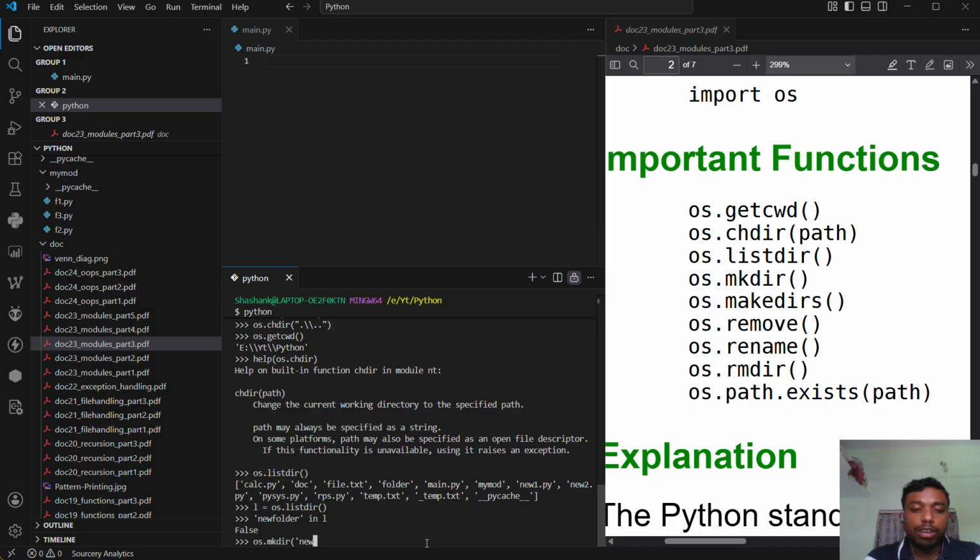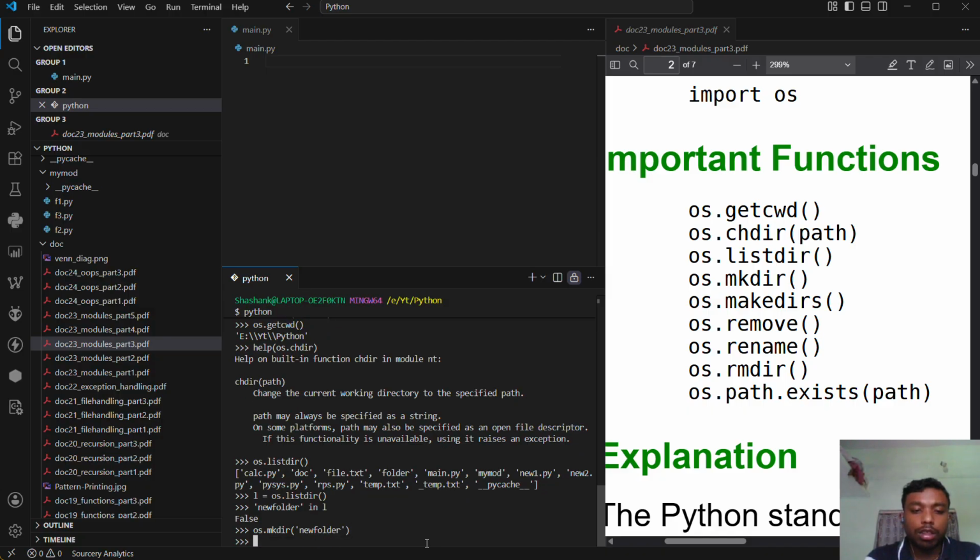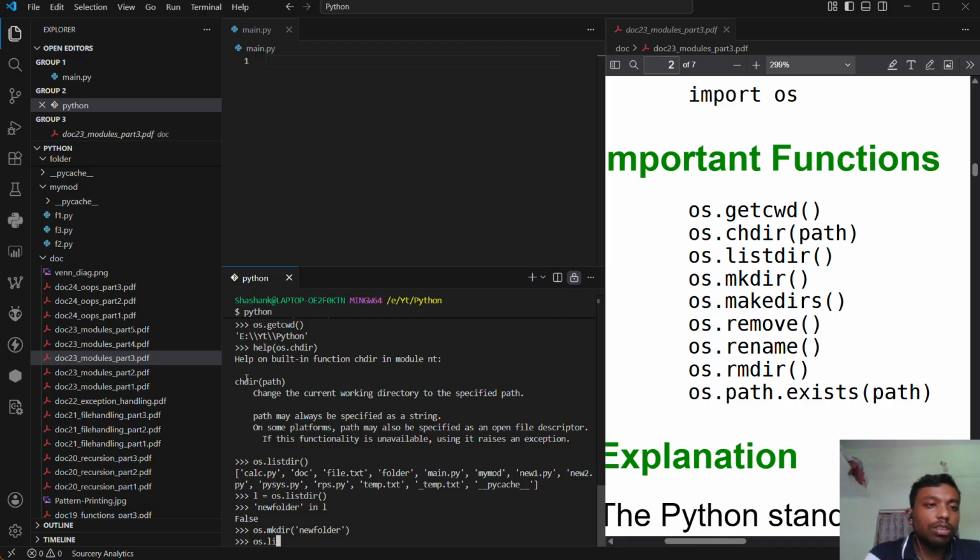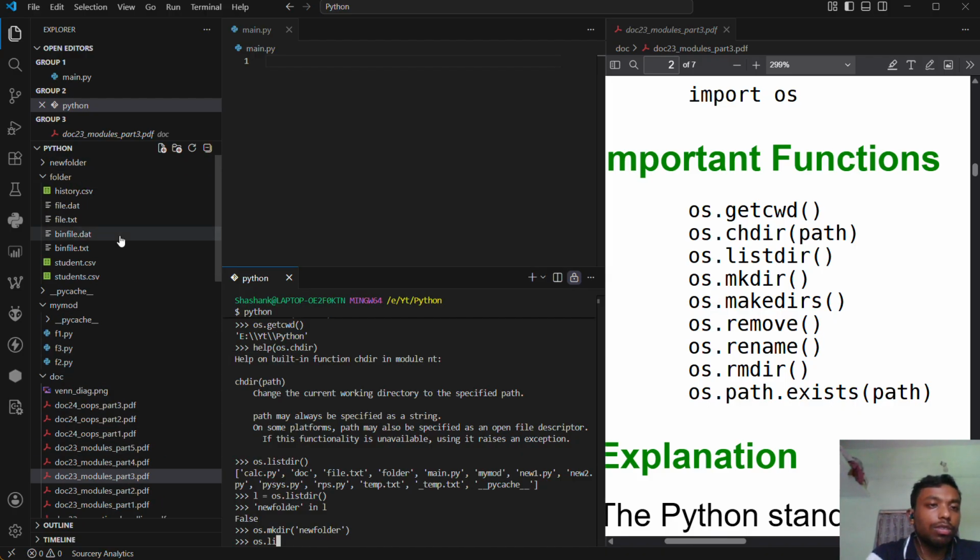And I'm going to pass new folder. And now if I try os.listdir, and you can see some changes in my shifting of this, you can see the new folder also appeared here. So if I try os.listdir,